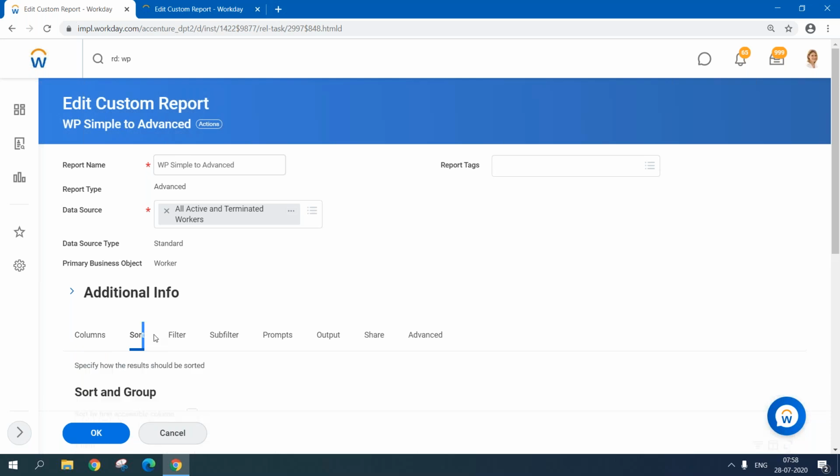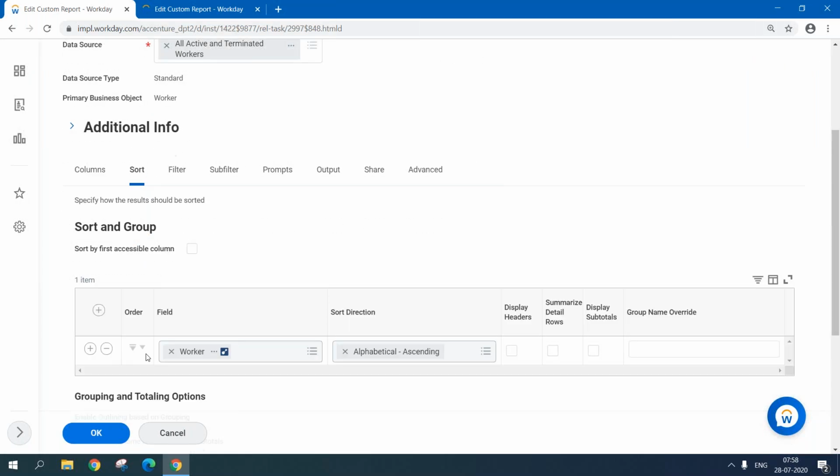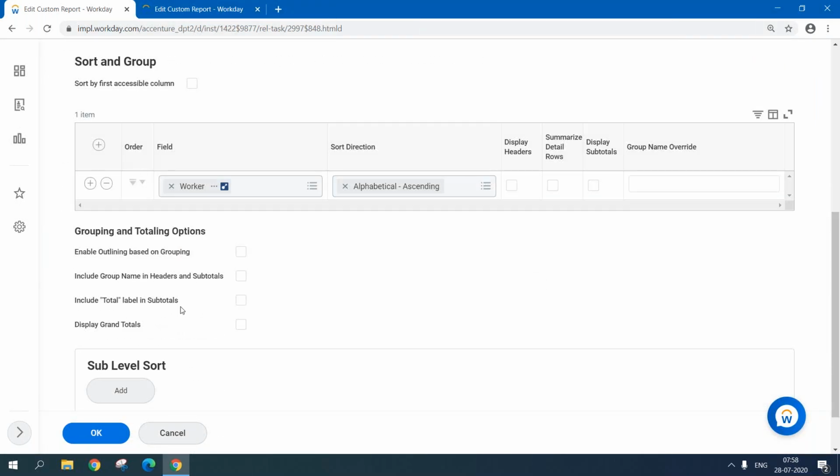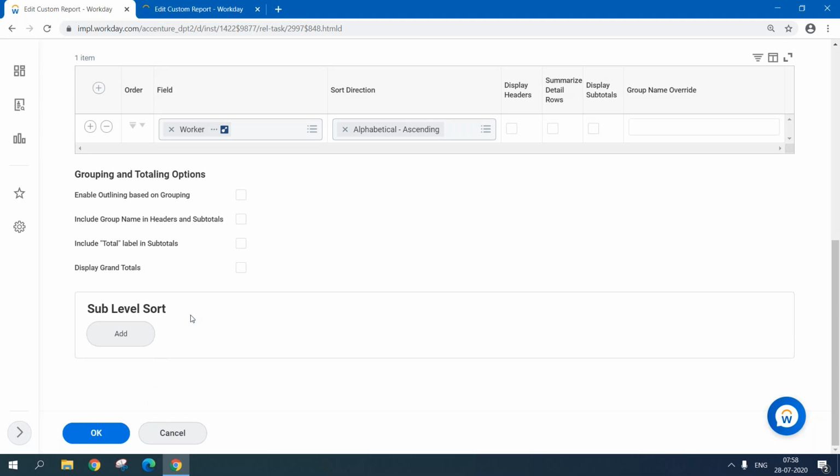Go to sort. There is no different folder or tab. We can say it's underneath this sort only. You have this one, sub level sort. When you click on add, it allows you to add a sub level sort